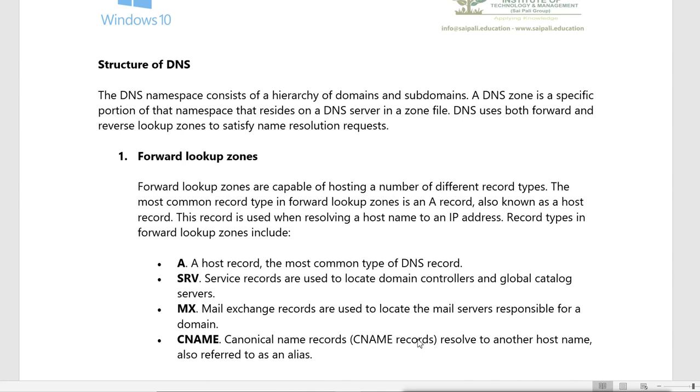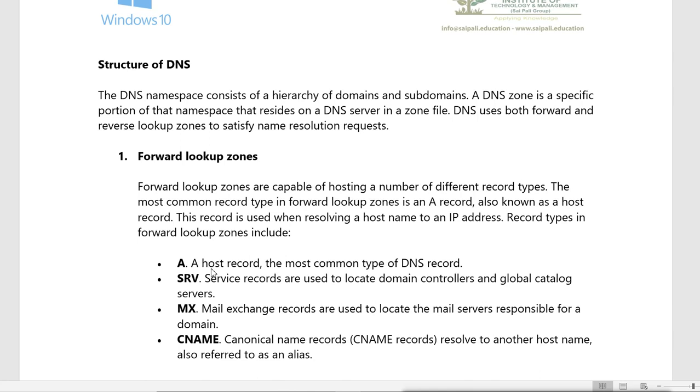It is actually the record used when you try to get the IP of any name. That means when you type any name, your request will go to the DNS server for the IP address. So it is the host A record, which has all the records of this name. In the host A record, you have all the name to IP records, that means name and IP. Your names are stored there with the IP address.